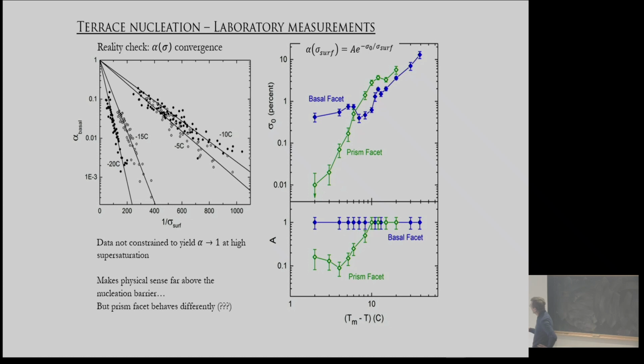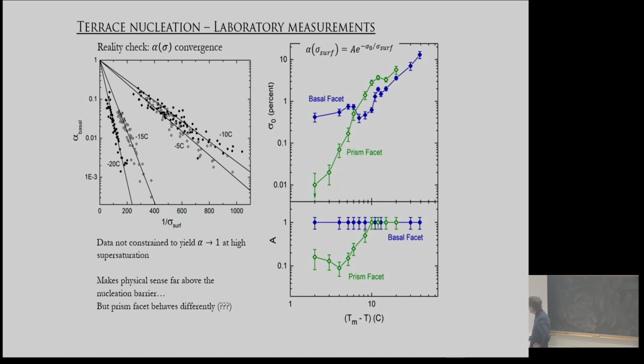And none of this was constrained to go to alpha of 1. You measure a velocity and you measure a supersaturation, or you model the supersaturation, you measure the velocity, you divide the two and you get a number out. And the number does not have to go to 1 in any particular way, because you just measured those two things and divided them. But you look at the curves, they are lines. Each temperature is a different line, but there are lines, and they all converge rather nicely on 1 to reasonable